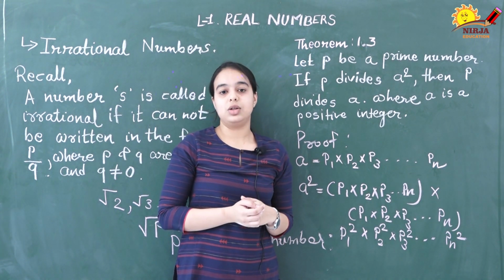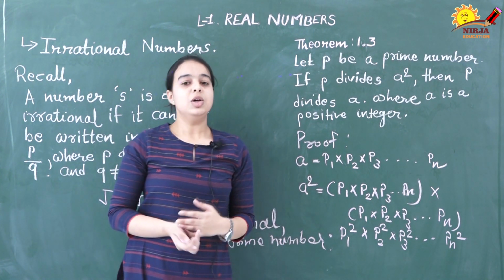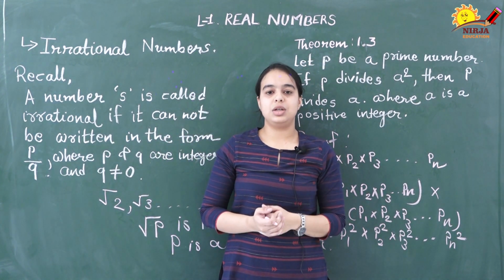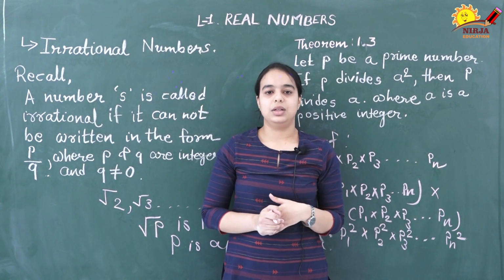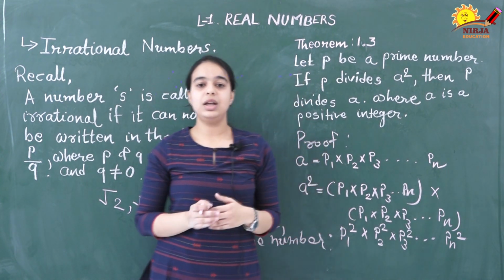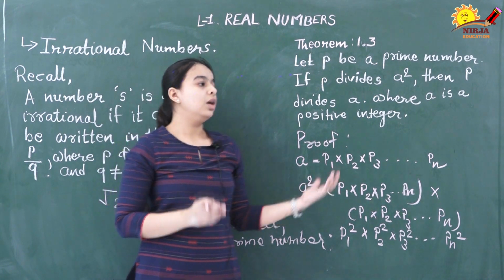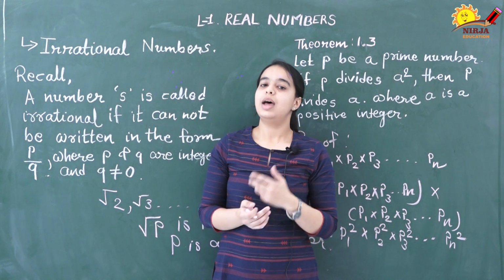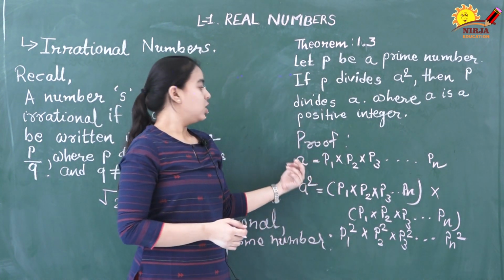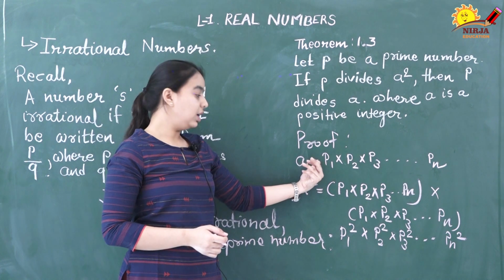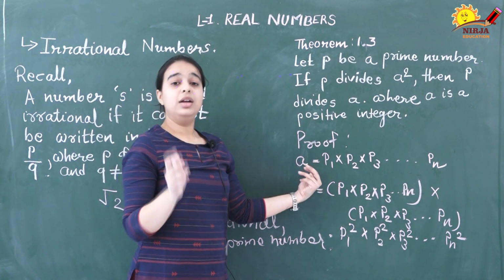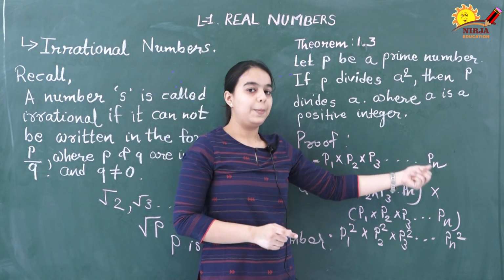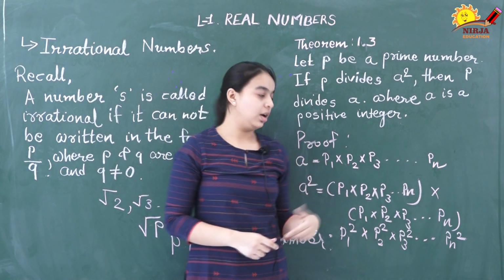Now let's recall that also. What is the fundamental theorem of arithmetic? The fundamental theorem of arithmetic states that every composite number can be expressed as the product of its primes. यानी कि कोई भी composite number को हम उसके prime factors के product में express कर सकते हैं. Okay, so here I have taken a as an integer, and that theorem also states that this factorization is unique apart from the order in which the factors occur.